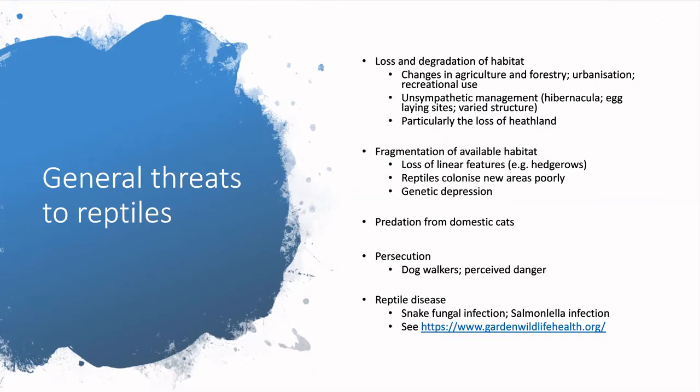And then related to that, we have a sort of unsympathetic management system for reptiles. So most places are either completely overmanaged so that reptiles don't use them, or they're completely undermanaged. And reptiles need quite a few things to be successful. They need hibernation sites, they need egg laying sites, or two of our native species at least need egg-laying sites. And they need very varied structure in terms of the habitat. We tend not to do that so much,